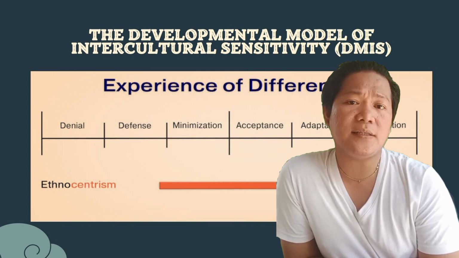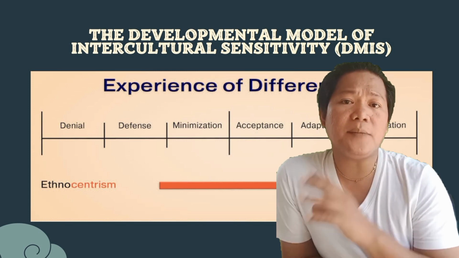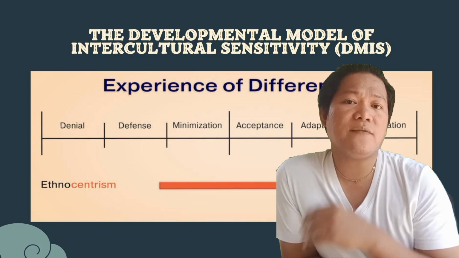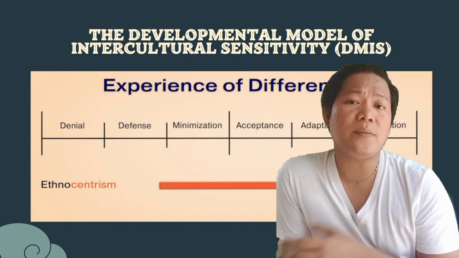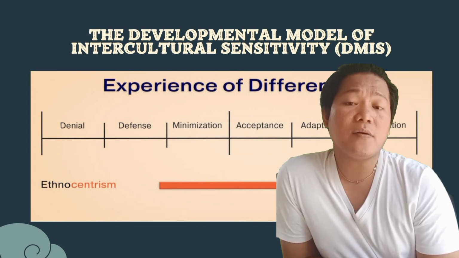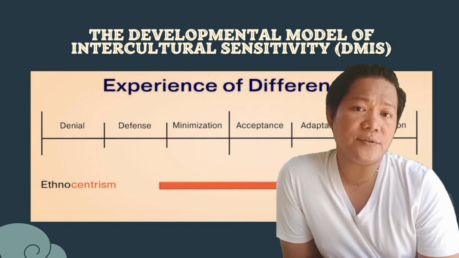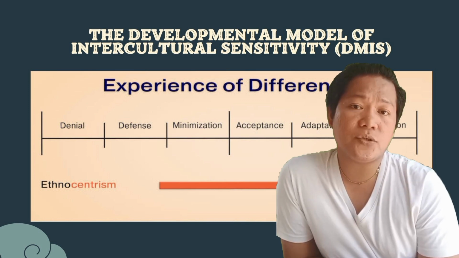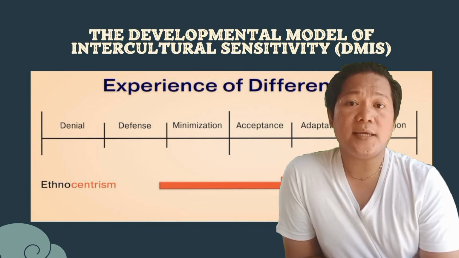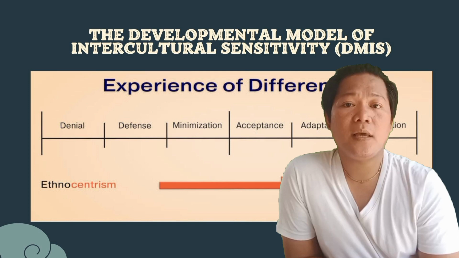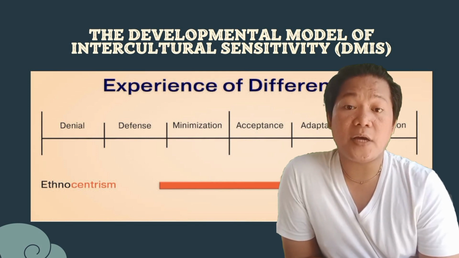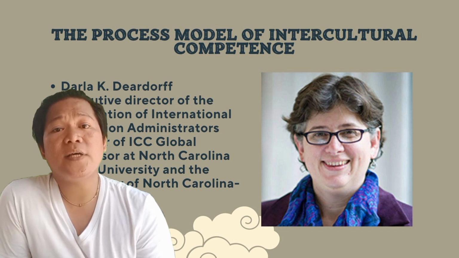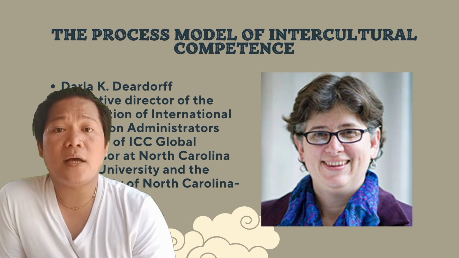Bhawuk and Brislin, 1992, argue are the key predictors of success in intercultural contexts. So they say that to be effective in another culture, people must be interested in other cultures, be sensitive enough to notice cultural differences, and then also be willing to modify their behavior as an indication of respect for the people of other cultures. So next, we have the process model of intercultural